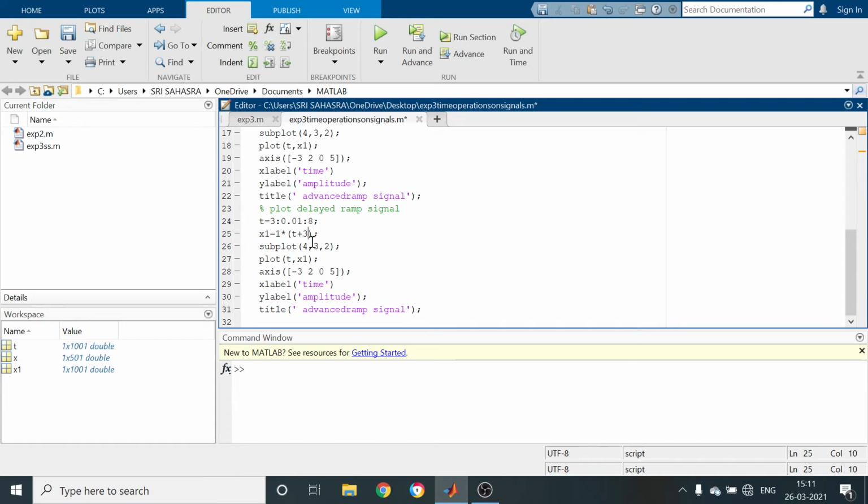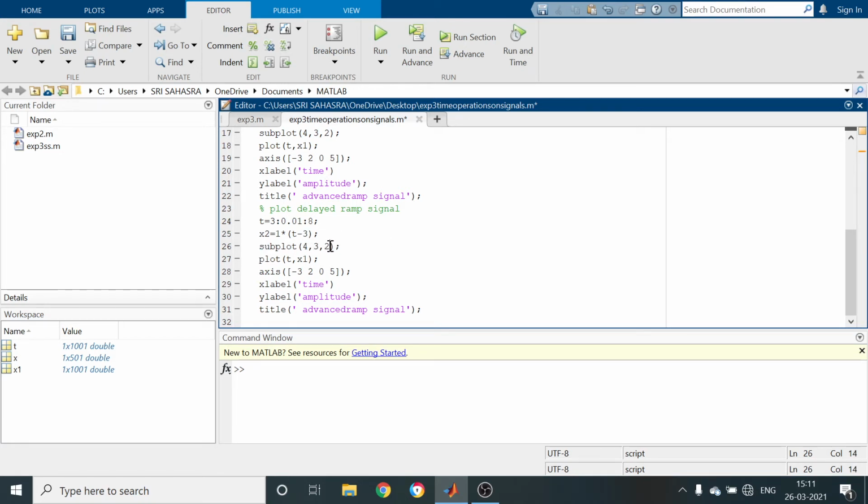So take it as, let it be x2 equal to 1 star, so I am going to try t minus 3. So in time only we have to change the commands.